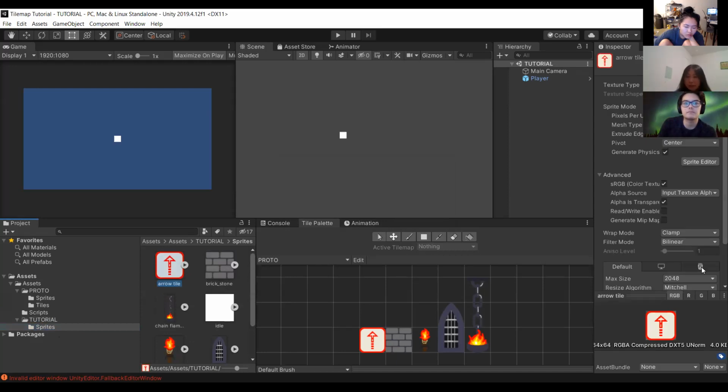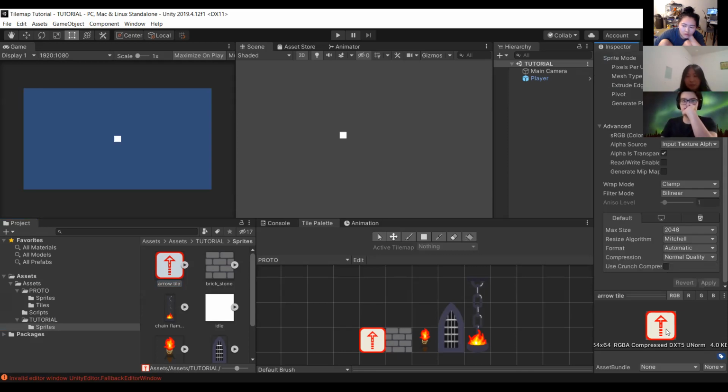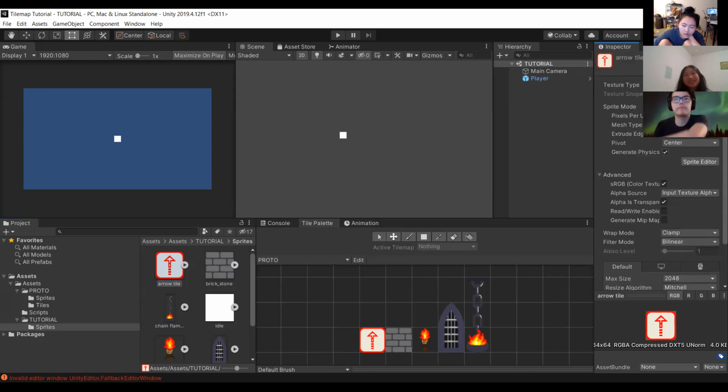You don't have to worry about that. But they are essentially images of a specified dimension, and Unity will treat them as sprites. You'll see the texture type, it'll tell you that it's a sprite up here, if it is a sprite. And this is the default setting that Unity imports them on. Right now, these are not the settings that we want.